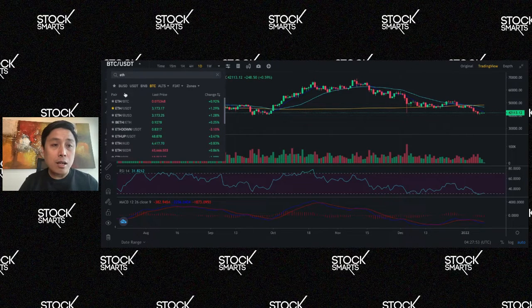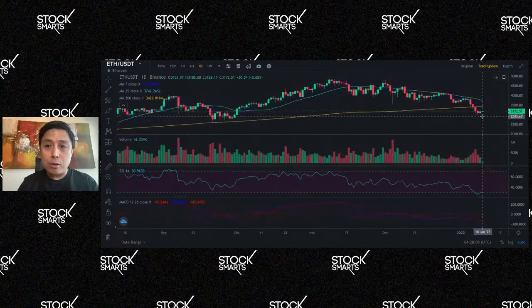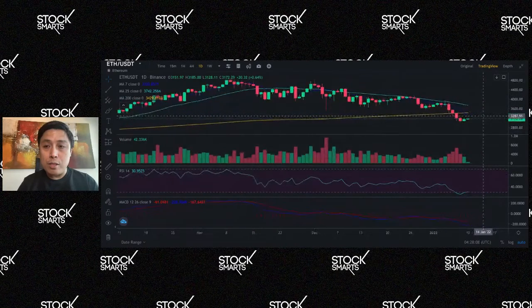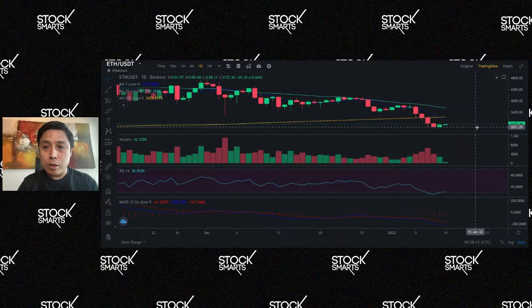Now let's look at the second largest crypto in the market. We have Ethereum, ETH. Comment down below if you're learning and if this is something that's helping you. Anyways, for ETH, it's almost the same scenario. It's also building a base, at least a short-term support level. The short-term support level for Ethereum right now is around